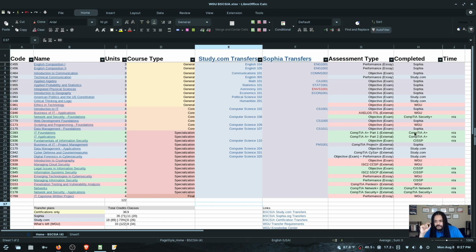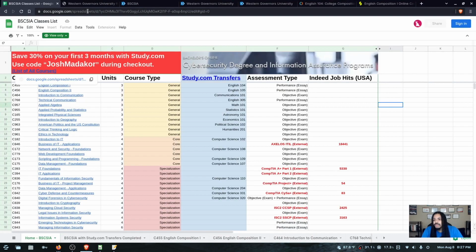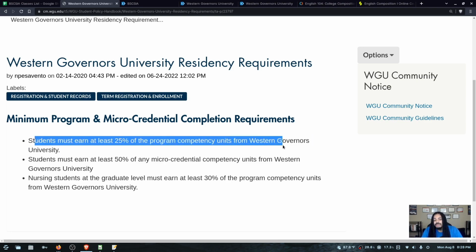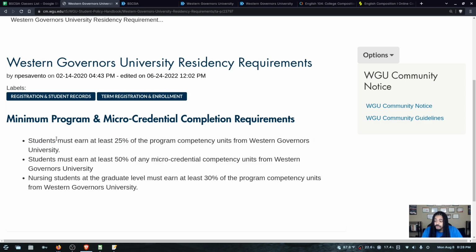So keeping this in mind, let's go back to a couple of websites because there's something I want to show you. So this is on their official website. On the official website, WGU says that the requirements, and this was updated a couple months ago, and I'm actually a little bit frustrated with because I talked to two different counselors. One counselor told me, well, you can only transfer a maximum of 60%. But then the other counselor said, no, you can transfer a maximum of 75%, which is what I see here, right? It says that you must earn at least 25% of the competency units from WGU, but you can transfer up to